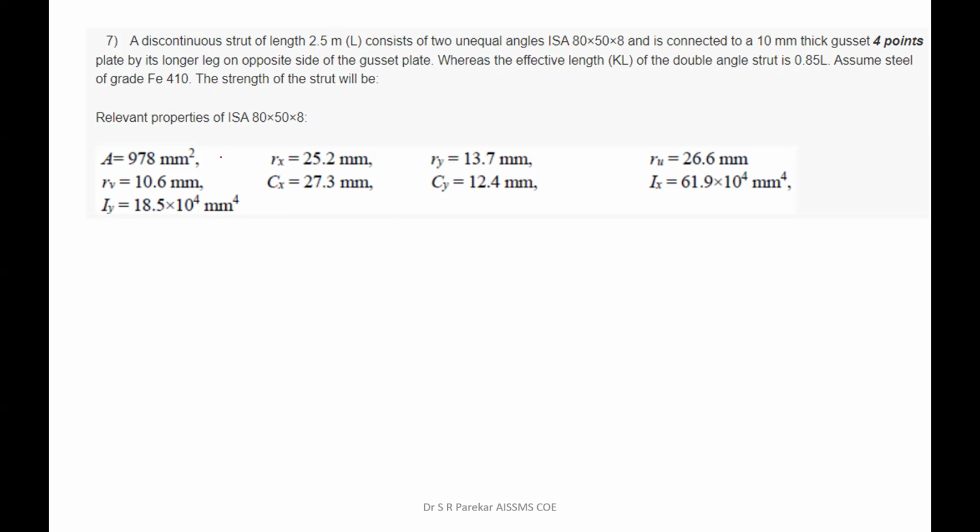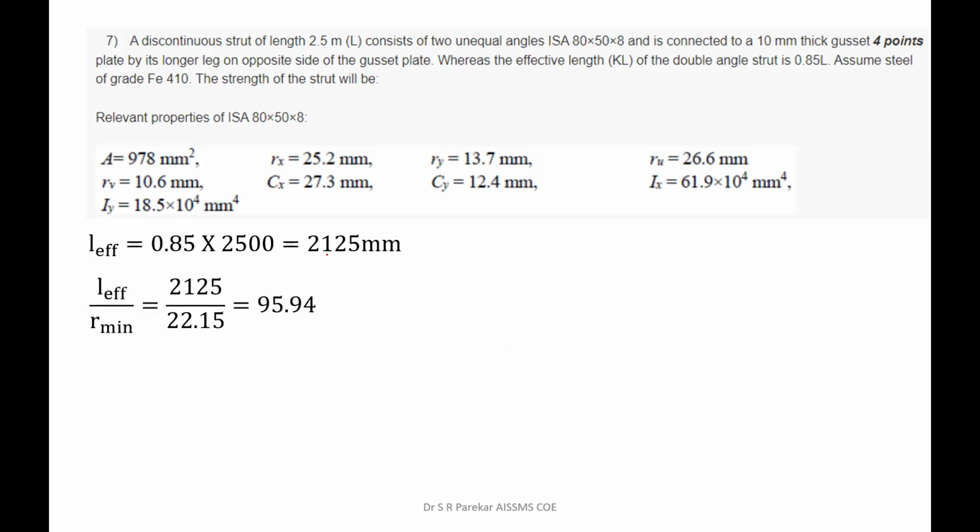So now the properties of the section that are given. We have L effective given as 0.85 L. L is given as 2500, so we have L effective 2125. Now L effective upon R minimum, so we have this value that is